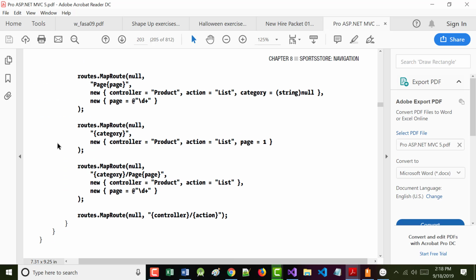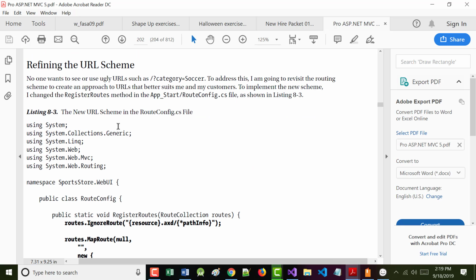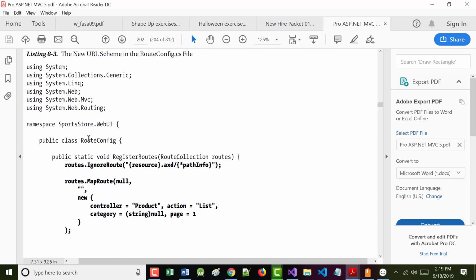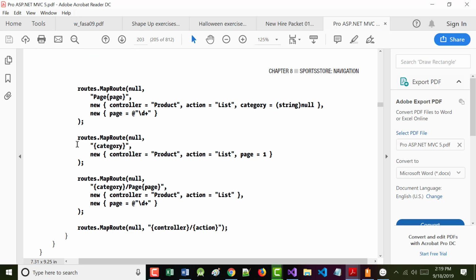Since we have more permutations now, we have to refine the URL scheme. As it says, no one wants to see or use ugly URLs like we've been using. To address this, we're going to revisit the routing scheme to create an approach to URLs that better suits. It says, I changed the route method as shown. And you can see it's pretty big.